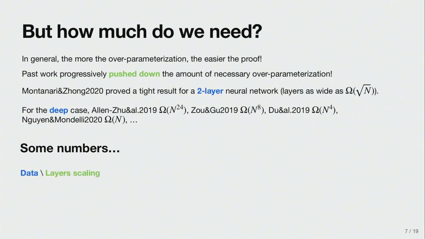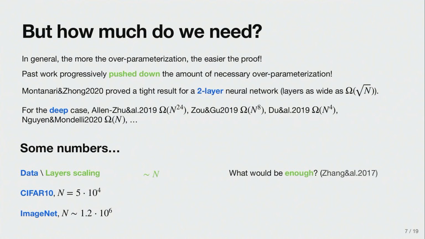Well, I can show you a couple of examples based on two datasets. One is CIFAR10, the other one is a subset of ImageNet with this number of samples. We can check how big should be a network that has layers as wide as n, and what is actually enough to fit completely the data points. And for CIFAR10, we have this number of parameters. If we work with these wide networks, this is actually what is enough, though. And for ImageNet, it's pretty more fun, because this is more than probably the size of the largest transformer ever published so far. And this is actually the only thing that we need.